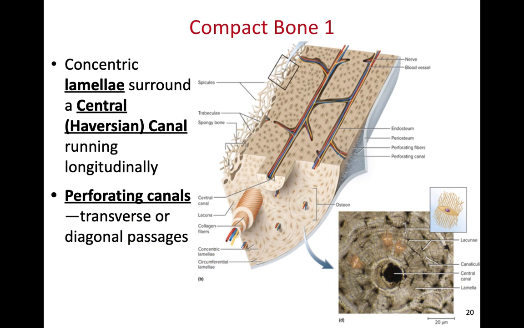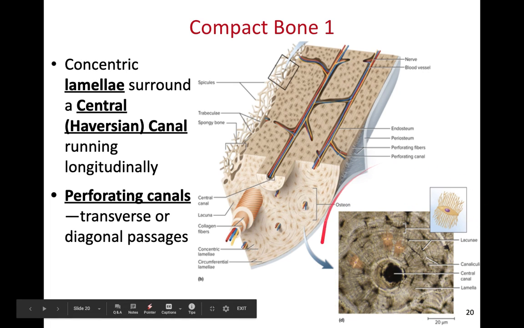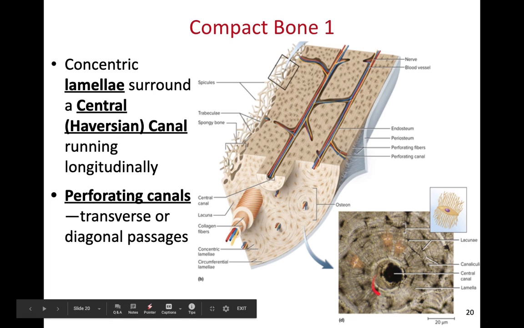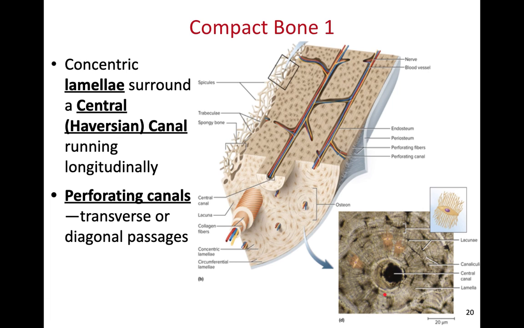As we look at compact bone tissue, our compact bone tissue is going to have a lot of osteons. When we think of the osteon, that's shown right here in the lower right-hand side of our screen. That's the structural and functional unit of our compact bone tissue. And as we're looking at these osteons, they're going to be localized around a large hole called the central canal. The old school name for that is the Haversian canal. And within that central canal, we're going to have a nerve, an arteriole, and a venule. So we're going to have blood delivery, blood removal, and nervous system control, all traveling through the central canal of